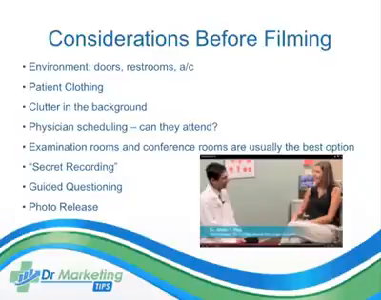Are the rooms around you going to have patients coming in and out of them? Because if you do, every time that door opens and closes, you're going to hear it on the camera. We've actually, before, we had set up in a conference room